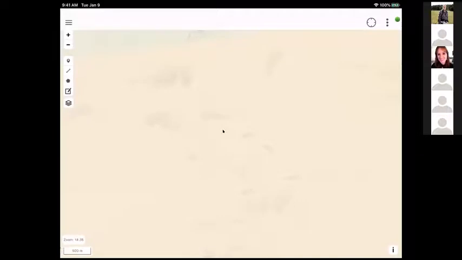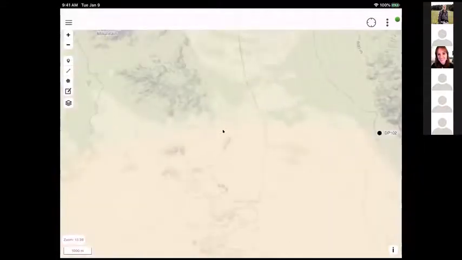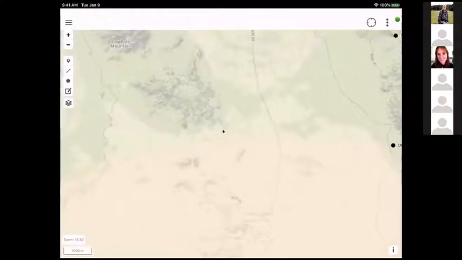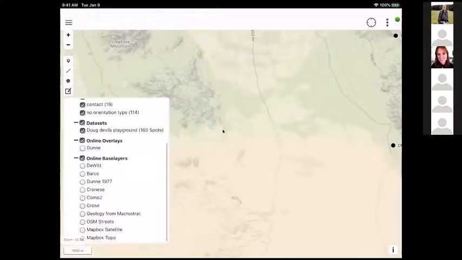And it basically is smart enough to know if you've already downloaded tiles, not to download again. So now I have a bunch of different tiles saved for this map. I can do that with any of the online base maps. And an online base map is any base map that's connected to the internet. I have some other examples here. I'm going to show you the Dun 77 one in just a little bit. But anyway, so I have that downloaded.